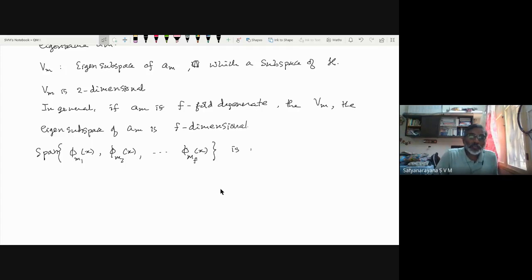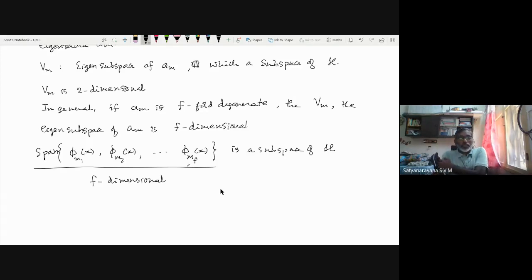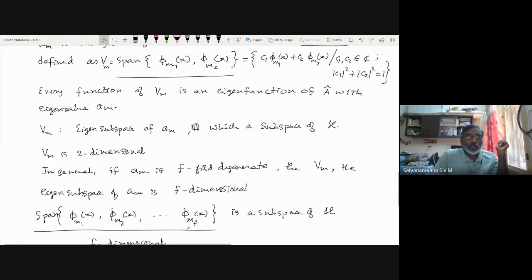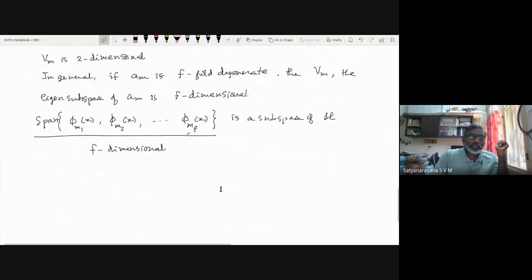So this is a subspace. It is a subspace of H. And this vector space is f-dimensional because there are f linearly independent vectors. So that is what it is. You can actually construct an f-dimensional subspace such that all the vectors in that subspace are eigenstates of A with the same eigenvalue. If you understand this construction,